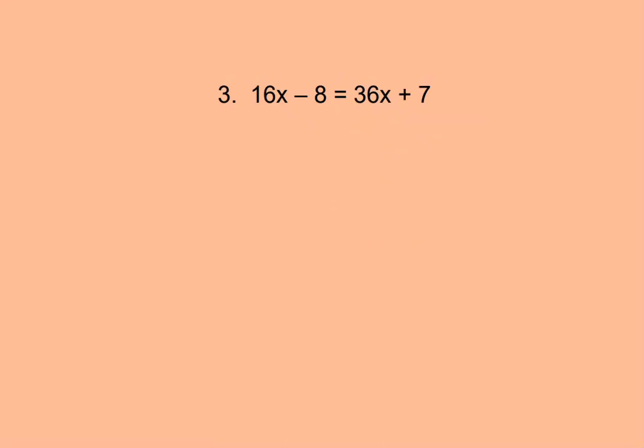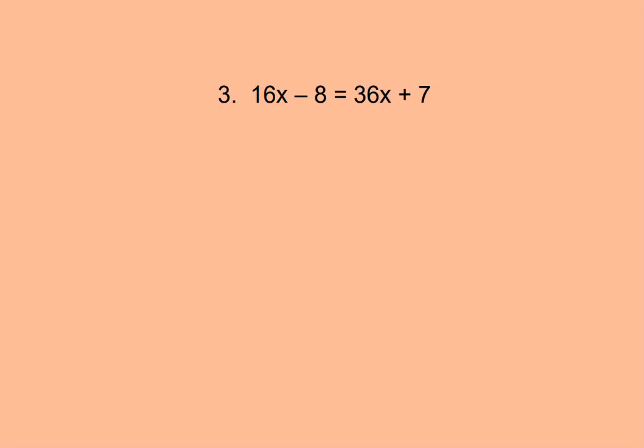In this example, we have variables on both sides of the equation and constants on both sides of the equation. Well, we want to get the variables on the same side of the equation and the constants. Now, a constant is a number without a variable. We want to get those on the other side of the equation. It doesn't matter if the x is on the left side or on the right side, as long as it's by itself. So when we have a situation like this where we have variables on both sides and constants on both sides, it doesn't matter which one we move first. So we can choose any one of these four